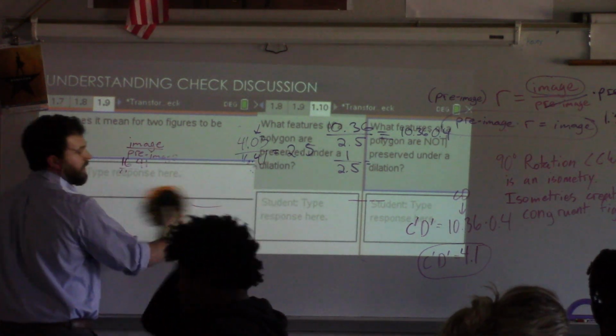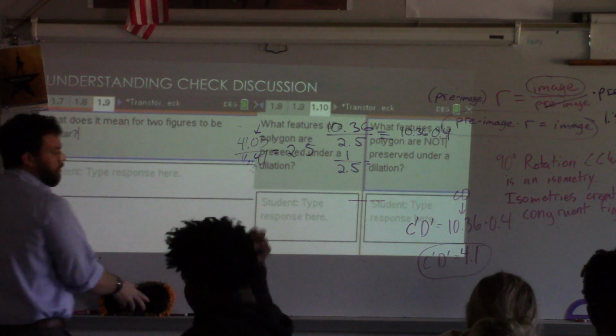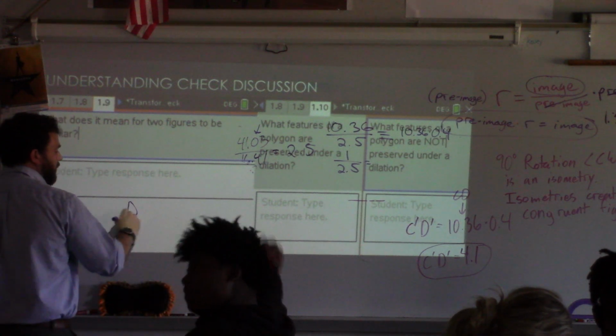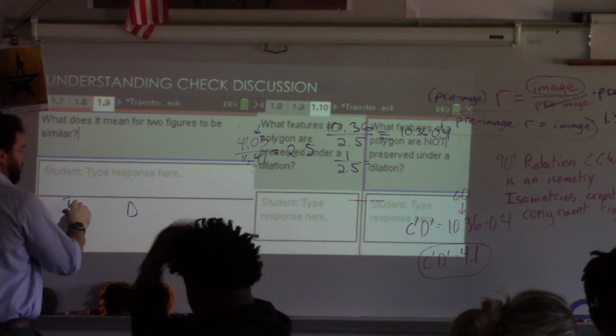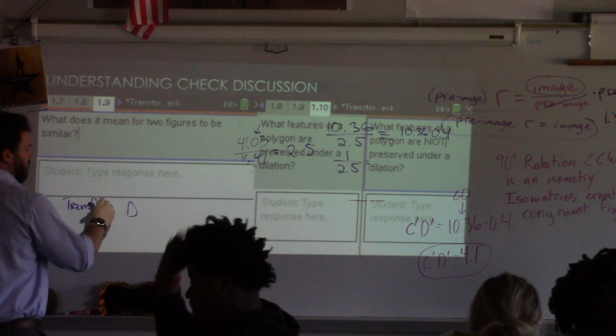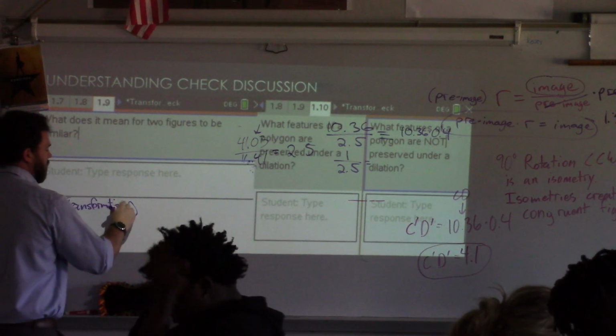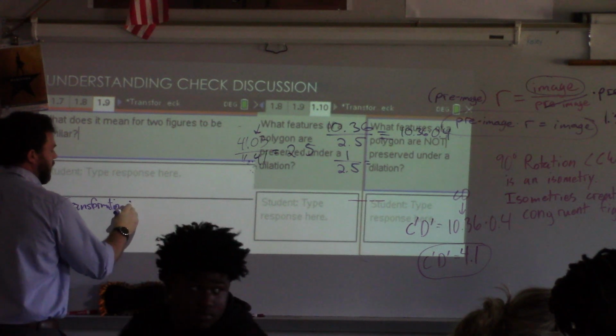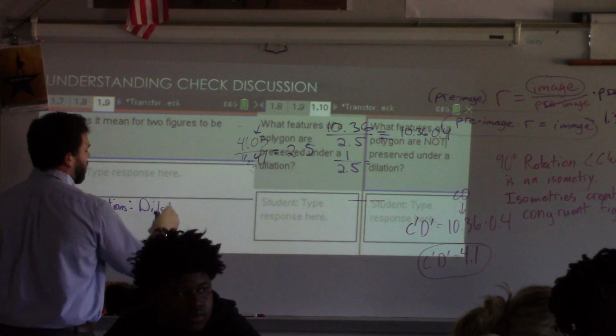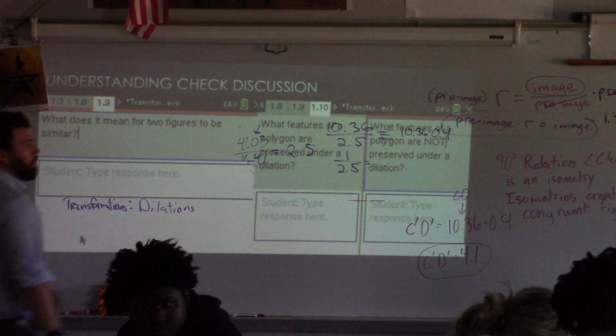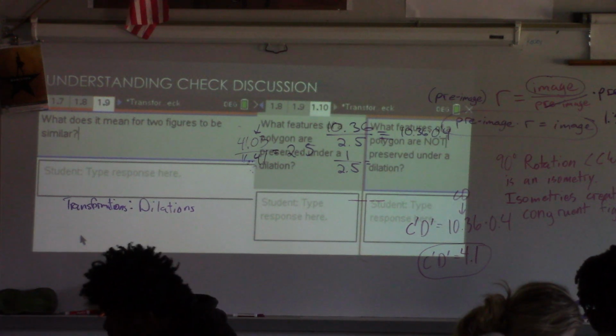Both of these, I will go ahead and tell you, you should have gone to the task transformations, dilations. Both of these questions are perfectly answered there. But 1.9 is something that moving forward,